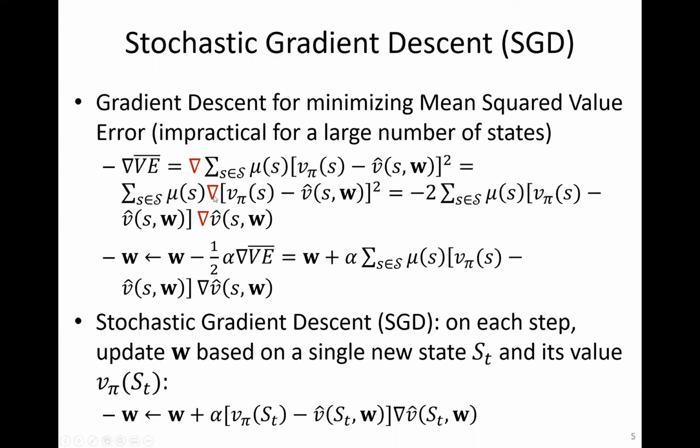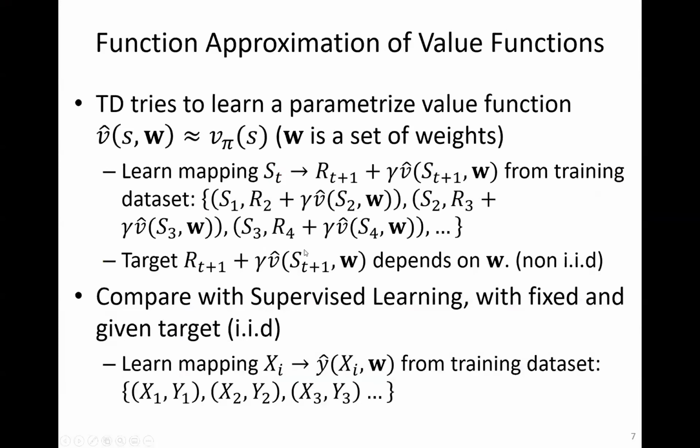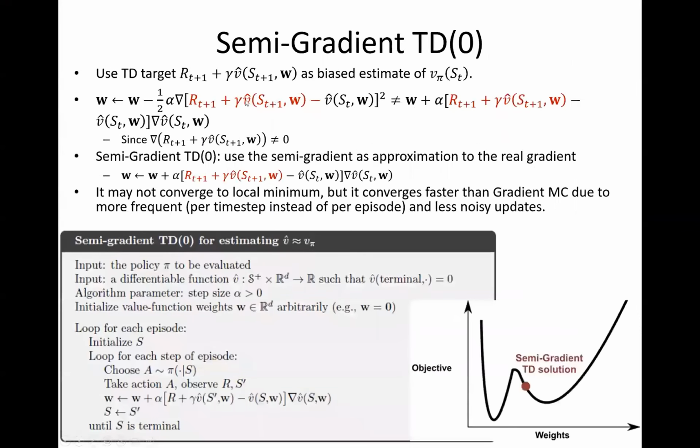And taking the gradient with regard to W does not affect V pi. So you can just take it outside and move the gradient inside. But here, the target is dependent on W. So we cannot move it inside,